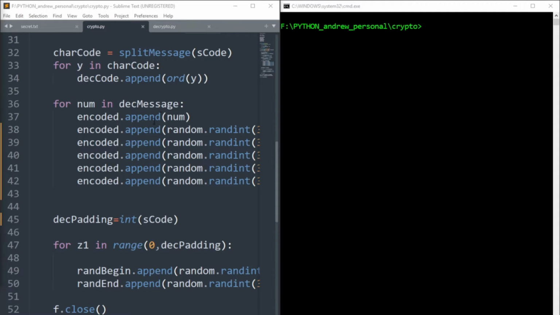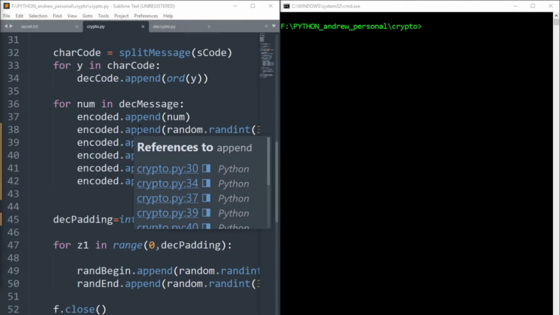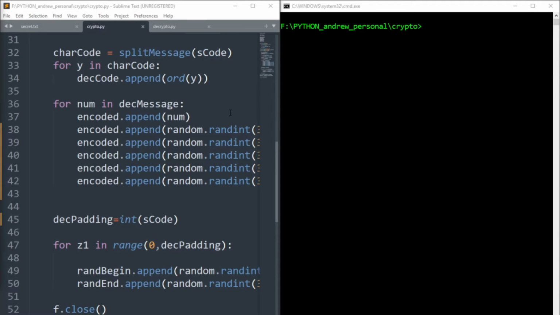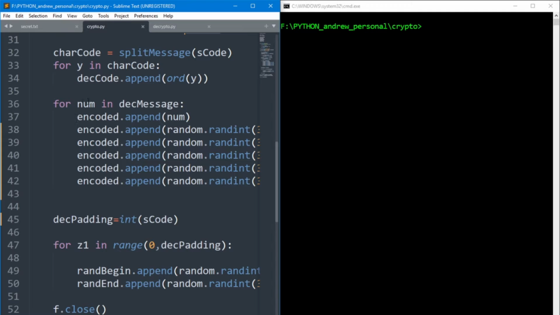So this is that secret message. This is the data that exists inside of the secret.txt. And we're doing something unique here. We're looping through every single character in that file or in that message, and we're attaching